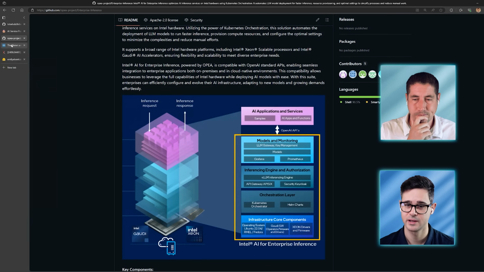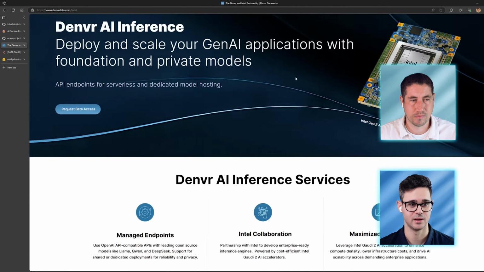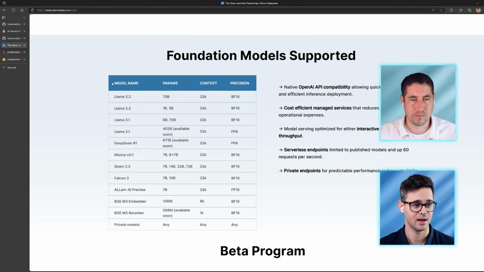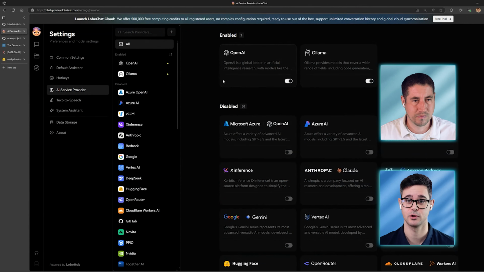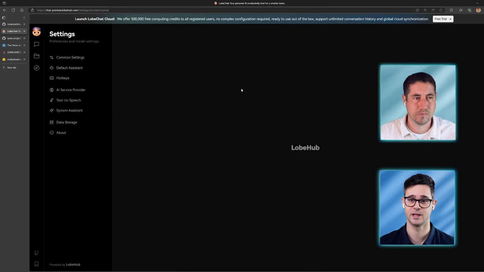And talking about one of the cloud providers, we have Denvr Dataworks, where Denvr has Gaudi 2s on their platform, and they have a big family of models that they provide here. So all of those models are available on Denvr, and today we're going to be using Llama 3.3 70B, I believe. So going back to the application, to LobeChat, we're going to click on OpenAI